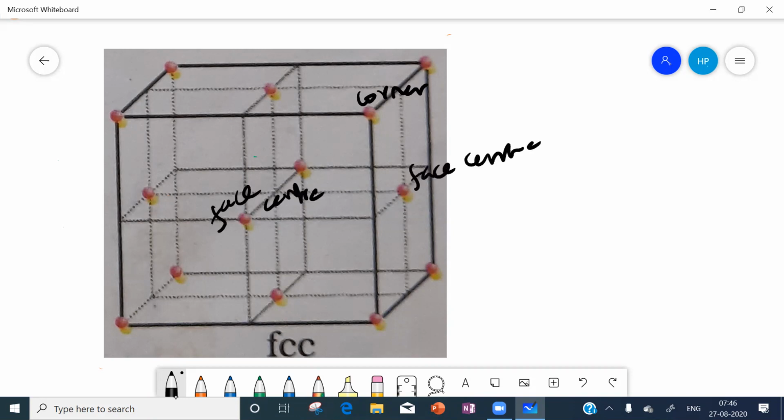Then the third I have to take. The 3 particles we considered: 1 corner and 2 face centers. We have to say 3 more particles.